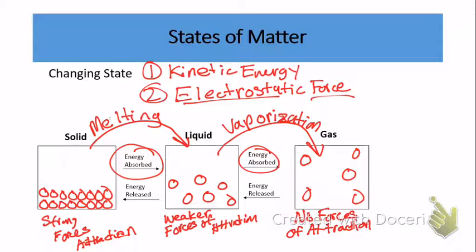And you can look at it like this. We're going to abbreviate kinetic energy as KE. As the kinetic energy goes up, then the forces, we'll use F for forces, are going to go down. So the more kinetic energy the particles have, the weaker the electrostatic forces are, and therefore it results in more movement